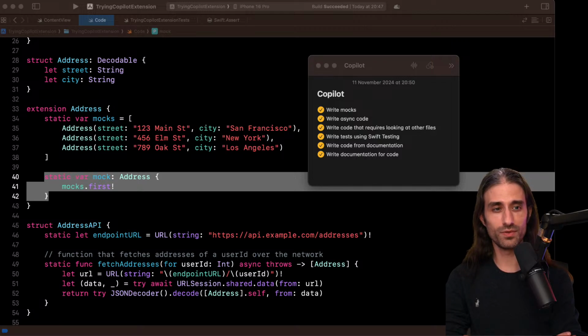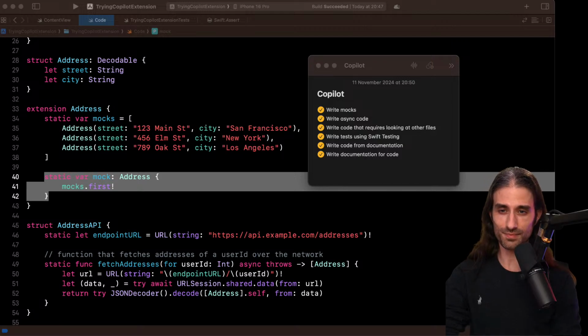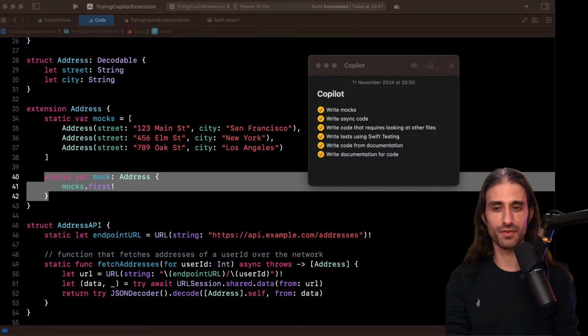I'm not gonna lie, if Swift Assist does less than this, it will be a bit embarrassing for Xcode. But now we have a way to have a great experience using an AI tool within Xcode. No need to use VS Code, no need to use Cursor or any of these external tools. I'm quite happy about it.